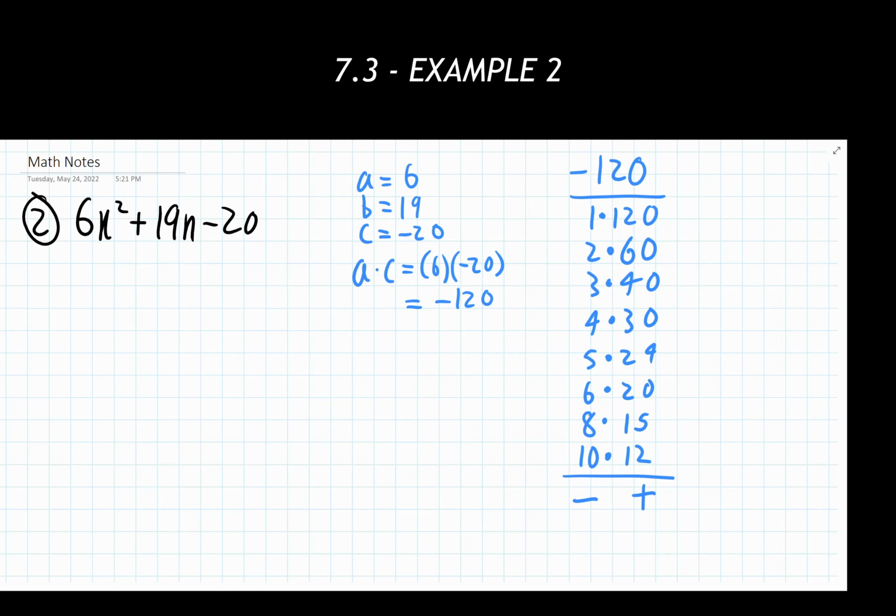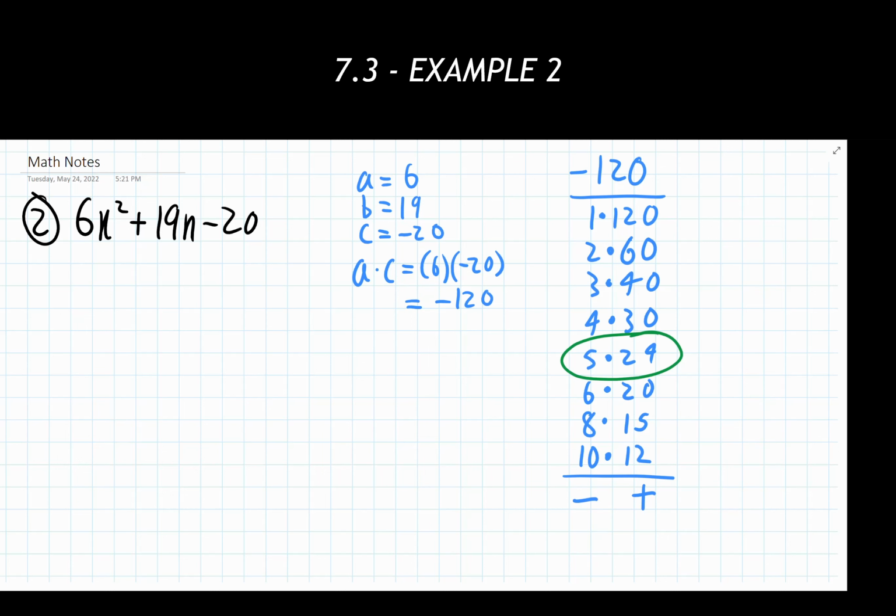So I'm looking through this and I'm seeing, okay, which combination of numbers adds together to give me a positive 19 then? And that's going to be the negative 5 and the positive 24. I like listing the signs at the very bottom. You can list them off to the side for yourself or right next to the numbers. It's your call. This is just how I organize it. So now I have my two m and n values. So step 3 is done.